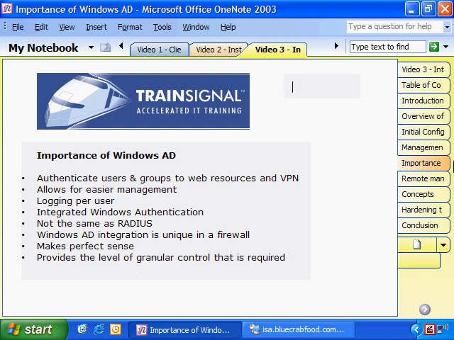The importance of Windows Active Directory when it comes to ISA is to authenticate users and groups to web resources and VPN. So what that means is, say I'm a client, I'm connecting to the ISA server to go out to a website. The ISA server can authenticate me based on my Windows Active Directory username and password, which in many cases is the username and password that I already logged on to that client with. Actually, Internet Explorer can take that and pass that to the ISA server when I'm requesting that website, and ISA can